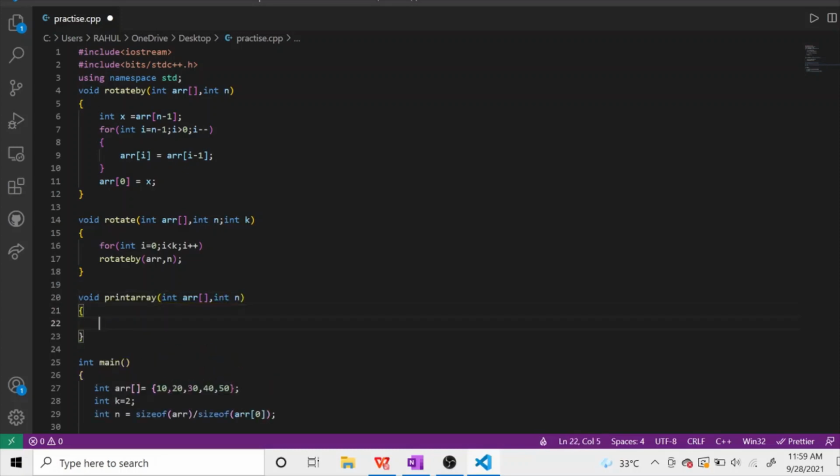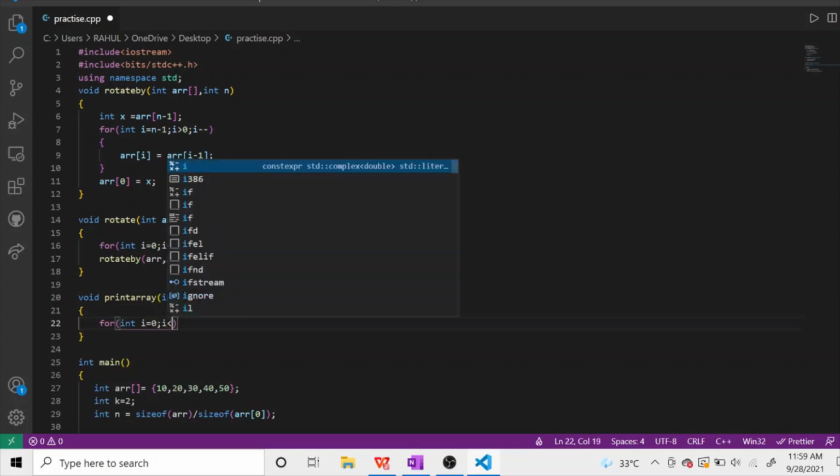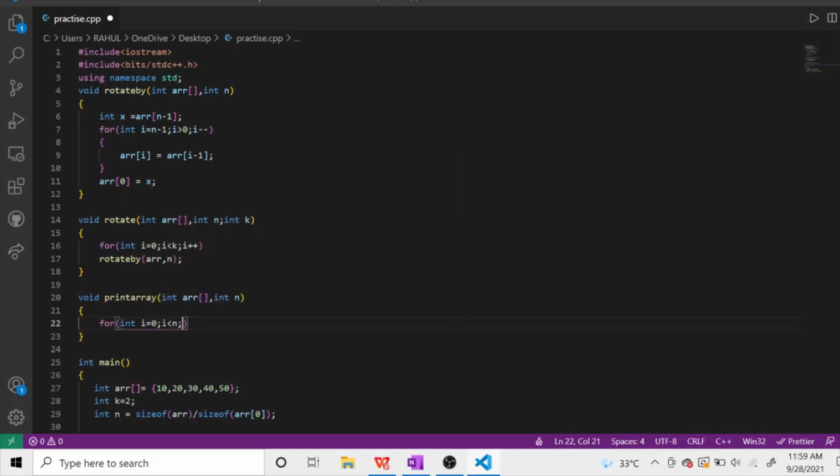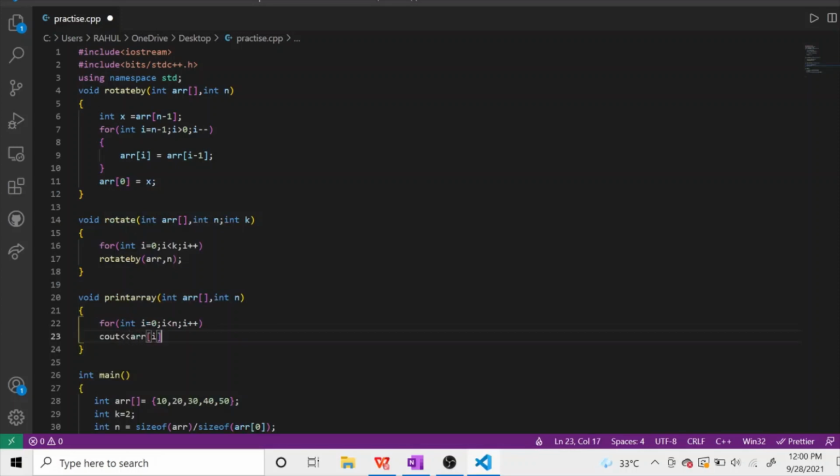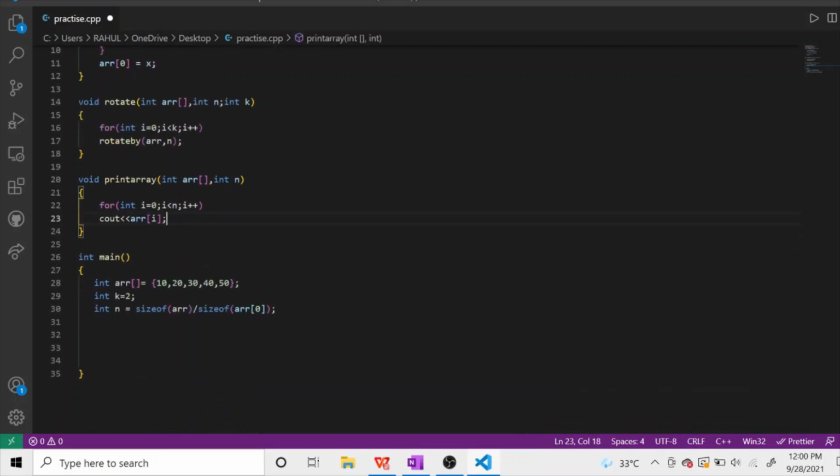Simply what this will do is it will run from starting to end, and print our modified array. This function is doing nothing but just the printing of the array after it is modified.